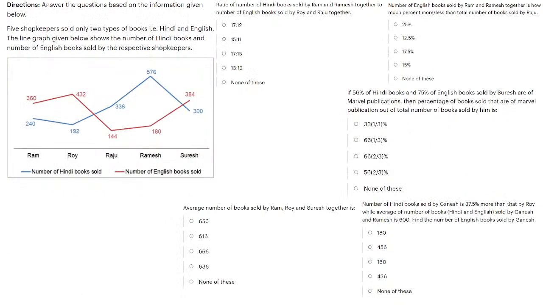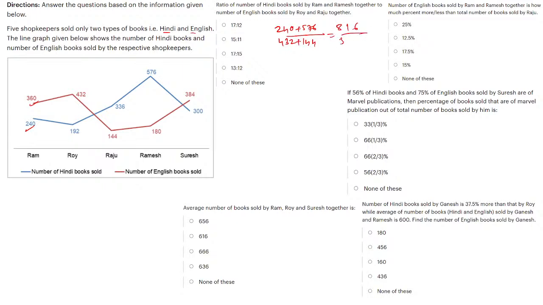Moving to next. 5 shopkeepers sold only 2 types of books, that is Hindi and English, right? So this is the Hindi part and this is the English part. This is Ram, Roy, Raju, Ramesh and Suresh. Number of Hindi books sold by Ram and Ramesh, that means 240 plus 576 together, and the number of English books by Roy and Raju, that is 432 plus 144, that gives 7816,